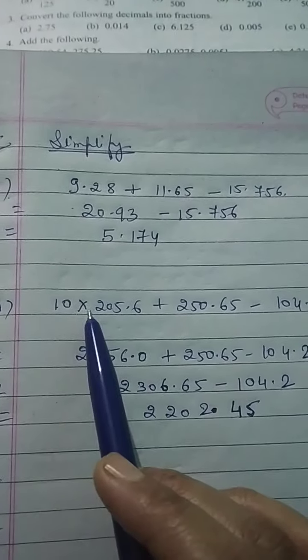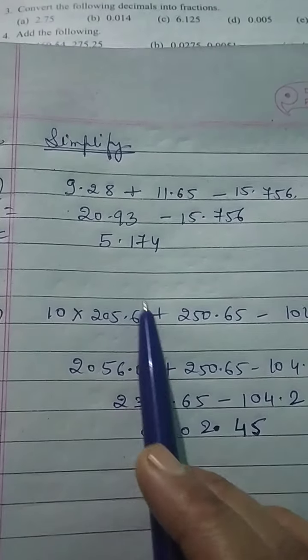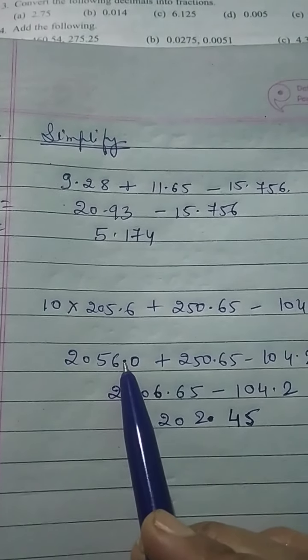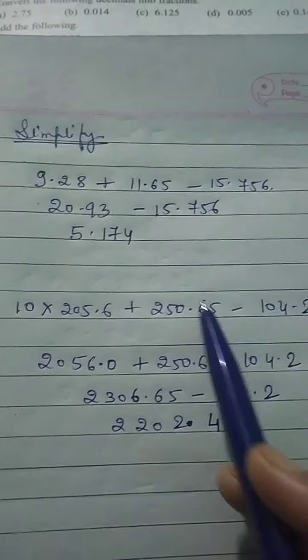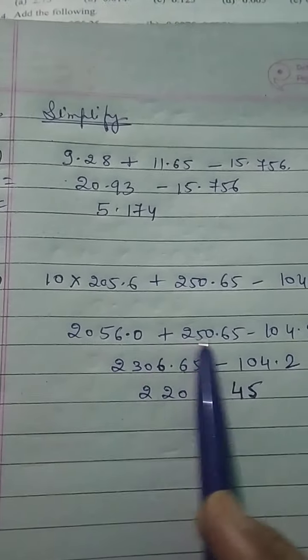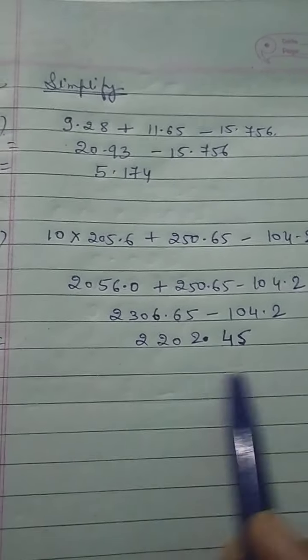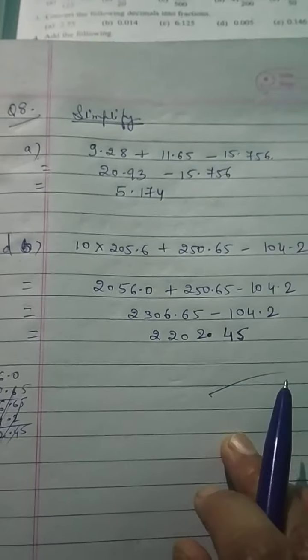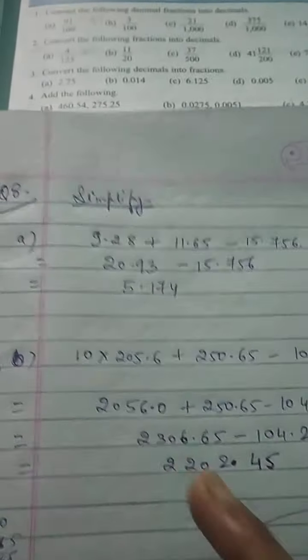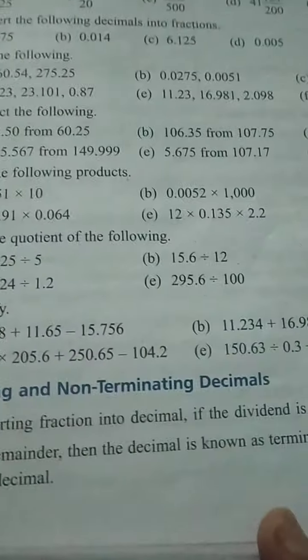Now in this you have to multiply first. So we will multiply. The decimal will shift here. So you will get 1 digit after the decimal. Now this one will be as it is. Now you have to add these 2. So after addition we have got this. Now minus this one. We will get this as the answer. So in simplification you have to apply the BODMAS rule. Okay. So I hope you can do the rest of the questions.